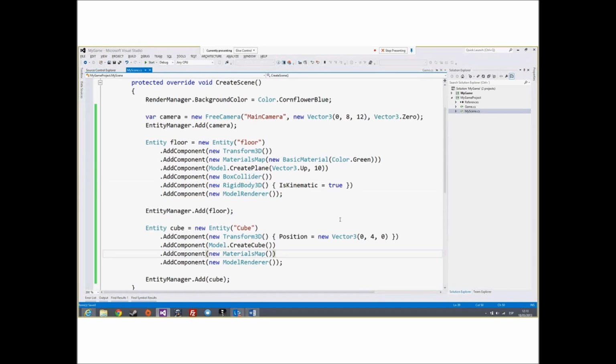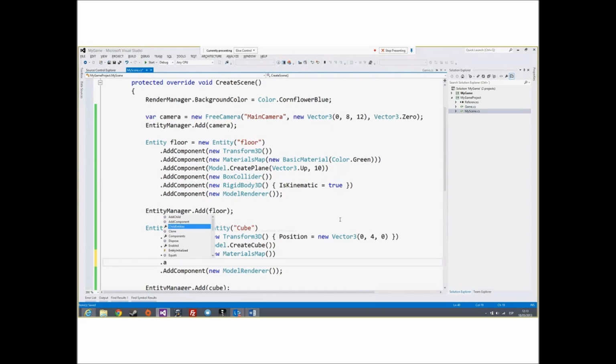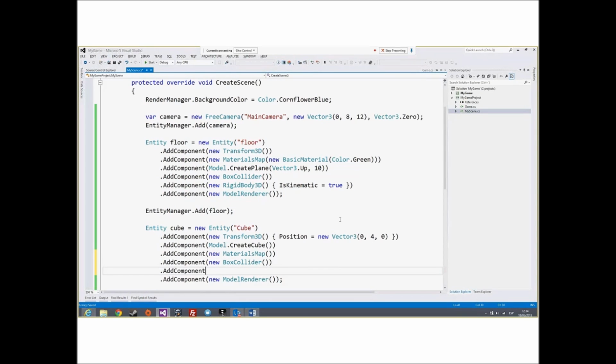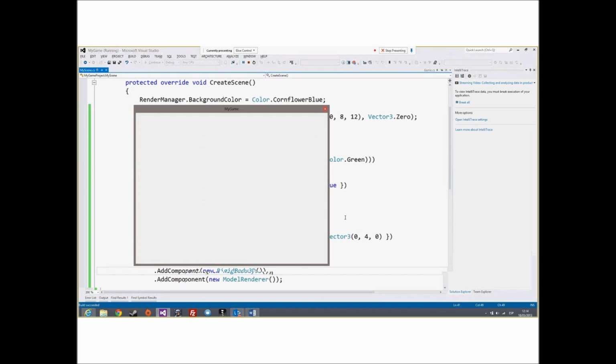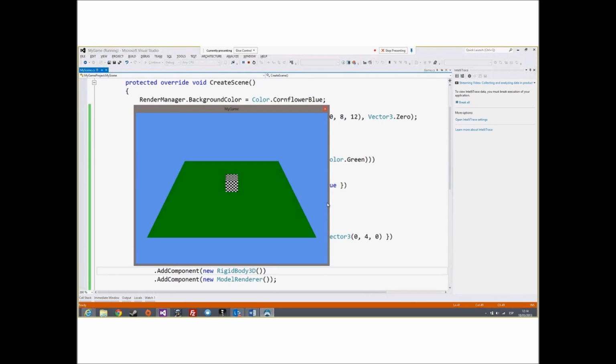In our cube entity, we also need a box collider component and a new RigidBody3D component. Okay, with default values, it's okay, and if we run it, we can see how the cube falls and collides with the floor.